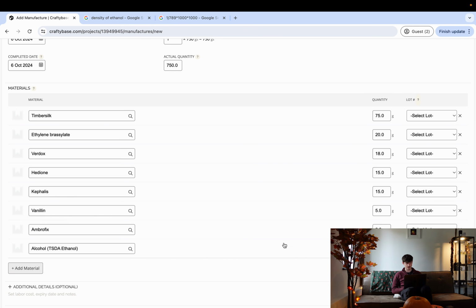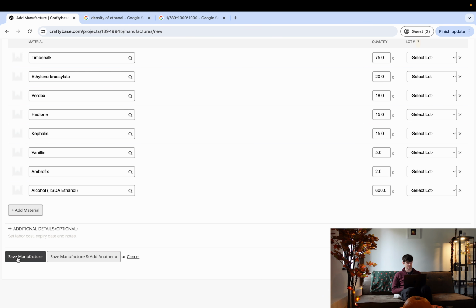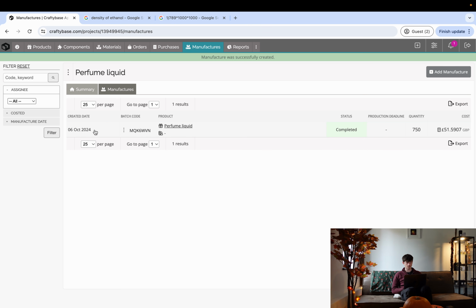And then the recipe's already written out. So let's say we've just gone and made it. Imagine now we've actually gone and made it in real life. We can press save manufacture, and that's going to record that on this date that we made one batch. Now this is really useful because it shows us that the batch costs us this much to make,